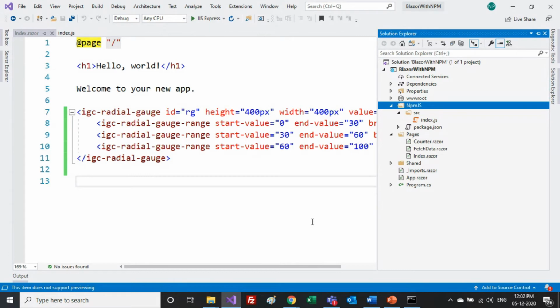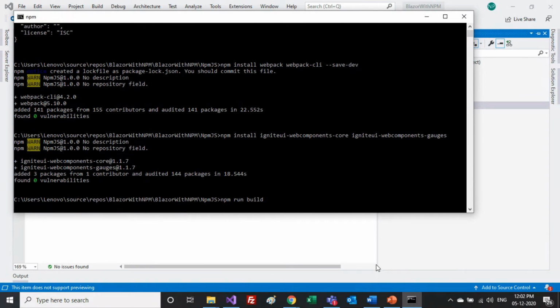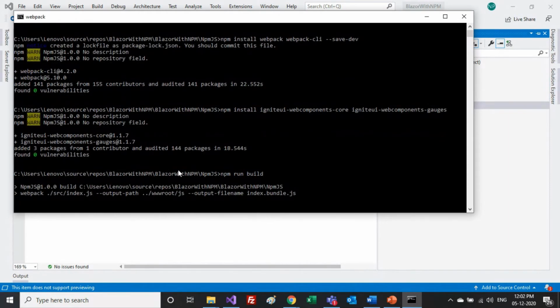For that, in the same folder where Webpack has been installed, I can simply write npm run build. You know that we have specified this build command. Let me press enter. It will take a few seconds to build that output.